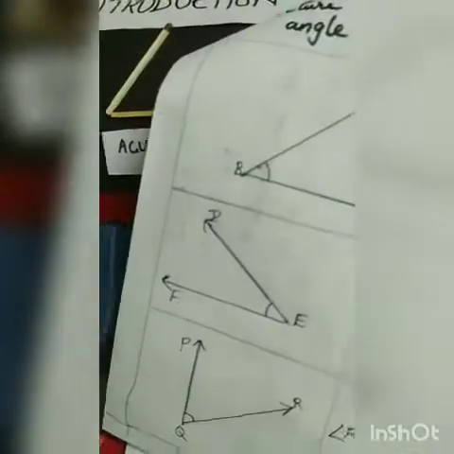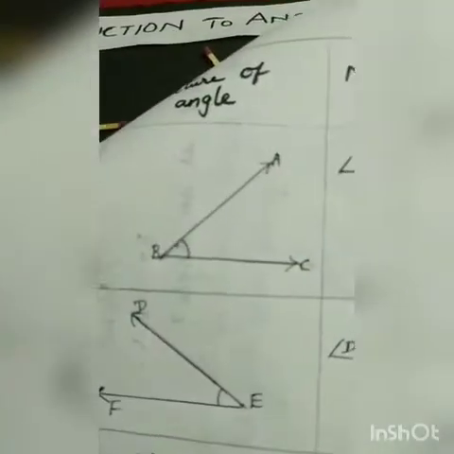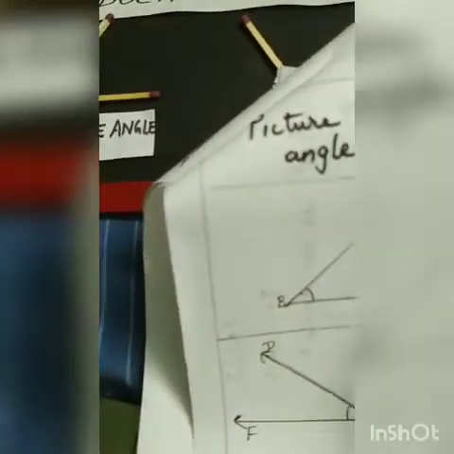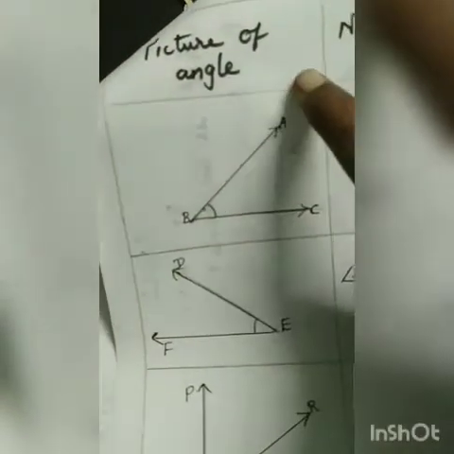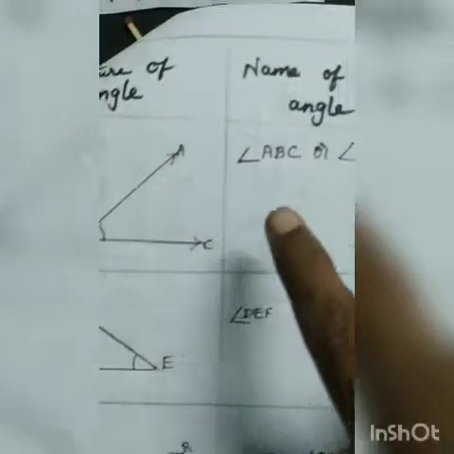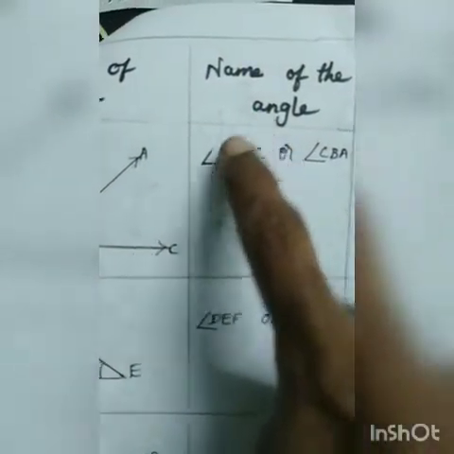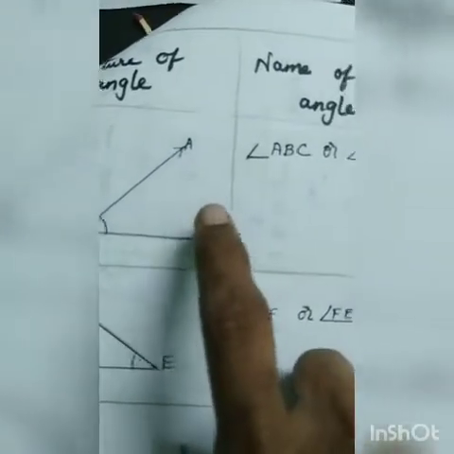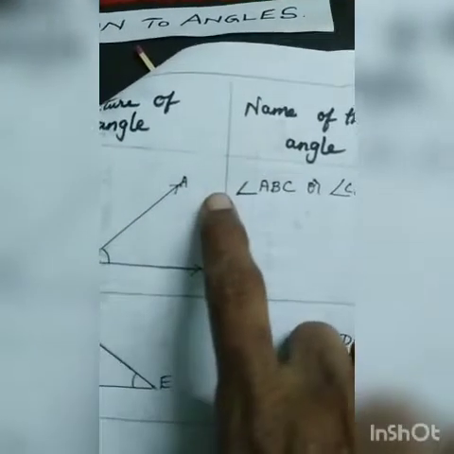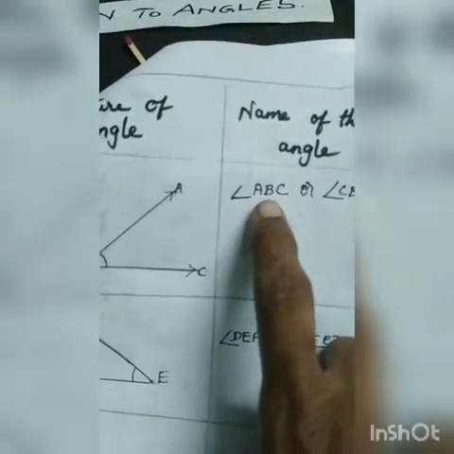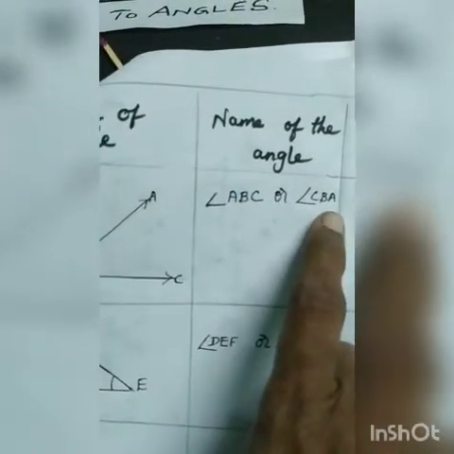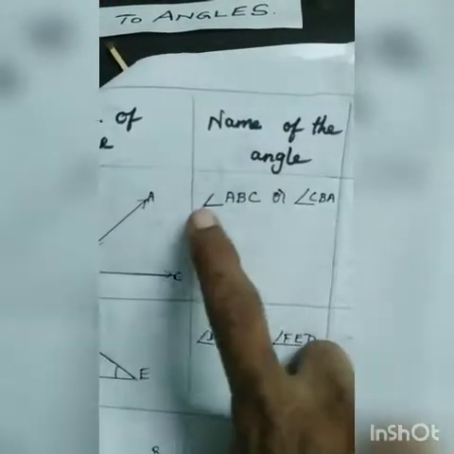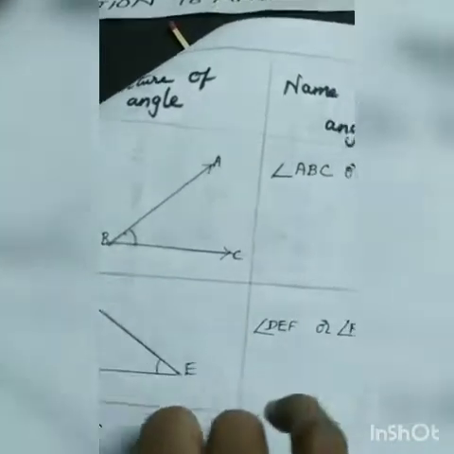Second, we go on to the vertex. What all do you have in the vertex? How to find out the angles? See the picture of the angle I have like this. So the name of the angle will be ABC or CBA. The middle point will be the same, children. Here it should not change. You should not write CAB. The middle is the vertex, that you should not change.